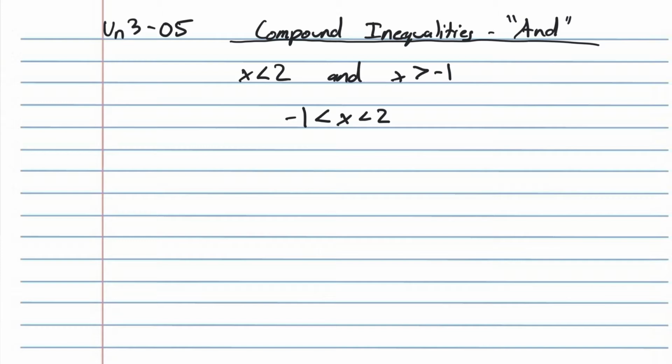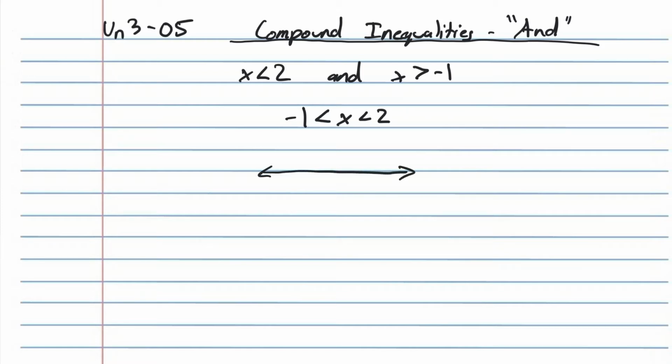So that's the difference between AND versus OR. OR inequalities, they'll always write it out as two separate ones. AND inequalities, they'll usually write it out as one combined statement. The reason why they do that is because both of these have to be true. It has to be less than 2 and it has to be more than -1. Okay? Then when you graph this thing,